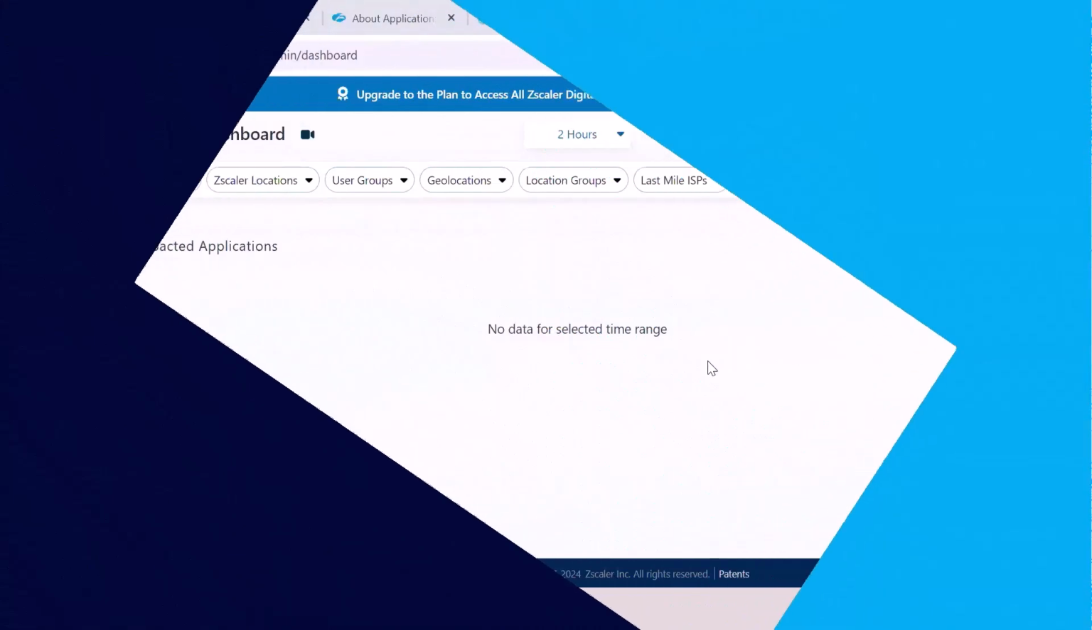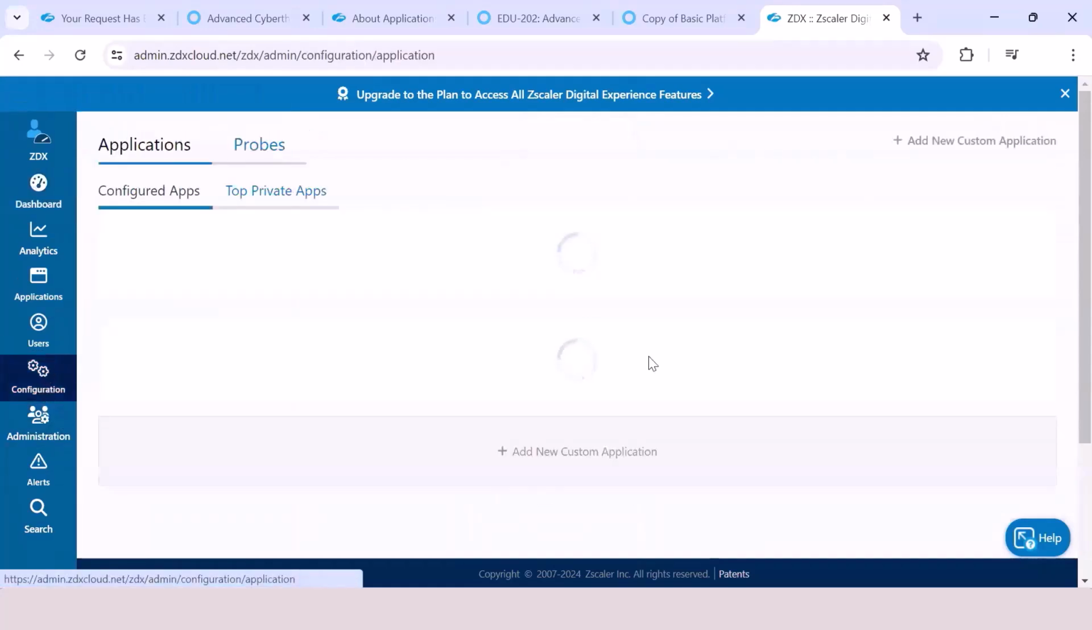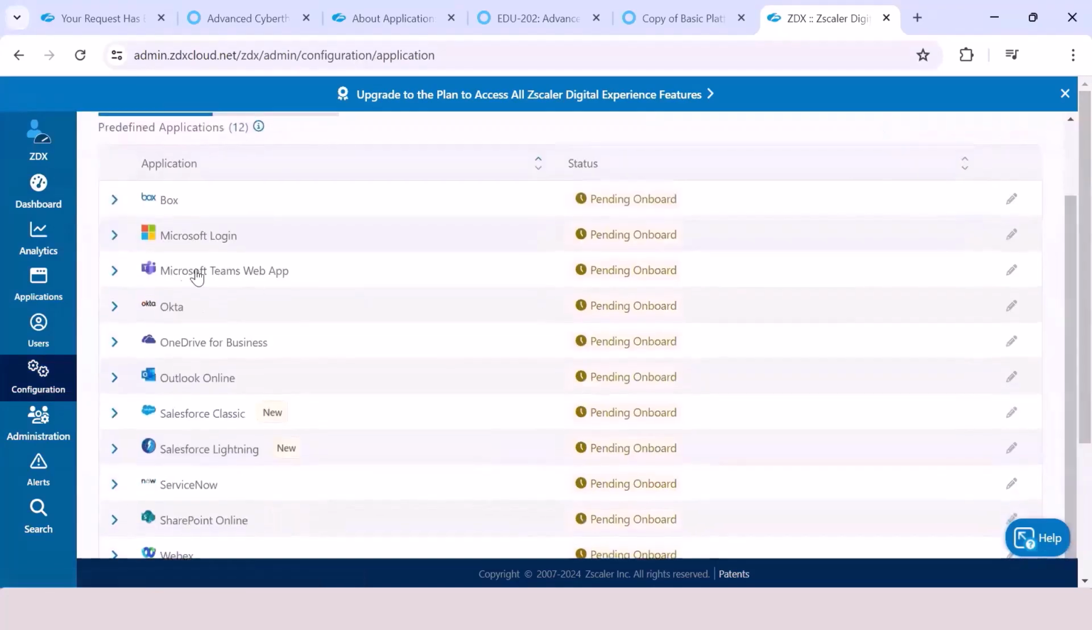Okay, let's look at the policy as it applies to Scholar Digital Experience. Policy in digital experience is really about the definition of applications and the probes that go along with them. Then which users, groups, or criteria are covered to ensure that those probes run. As you can see under configuration, we have a lot of pre-installed applications like Microsoft Login, Teams, WebEx, and